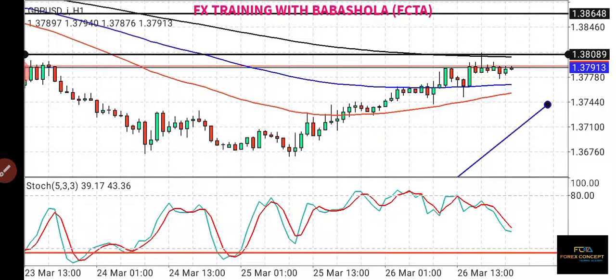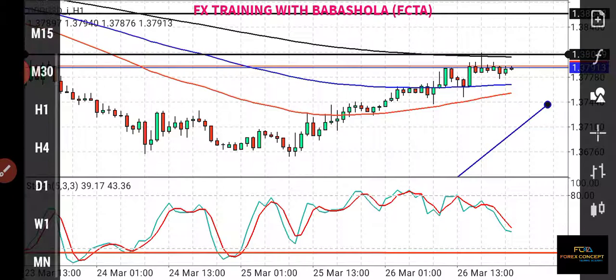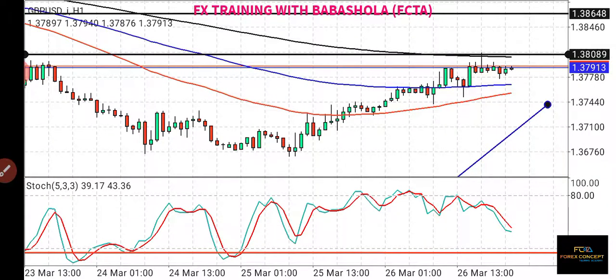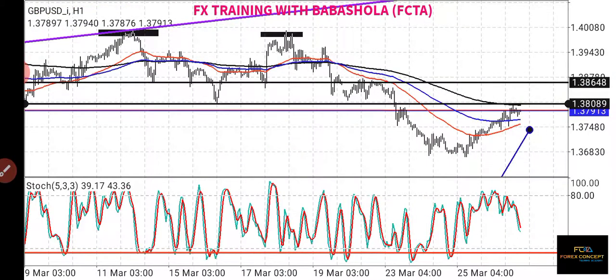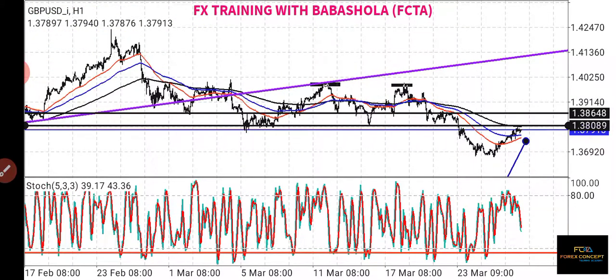Enter a short trade at 1.38089, your stop loss at 1.38648, and your TP at 1.34392. So make sure you play safe, trade safe, trade responsibly, do not be greedy,